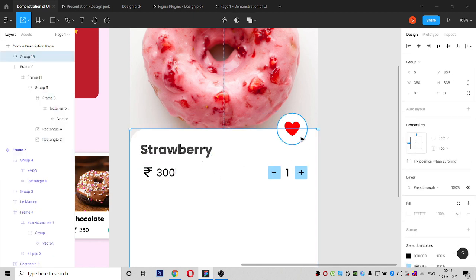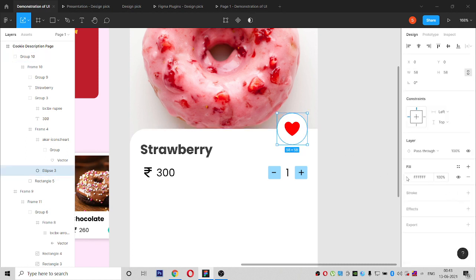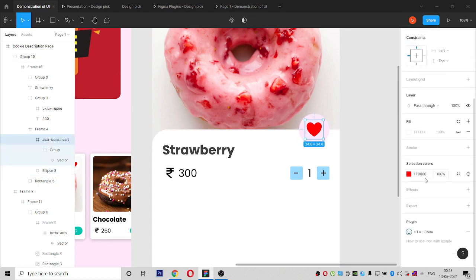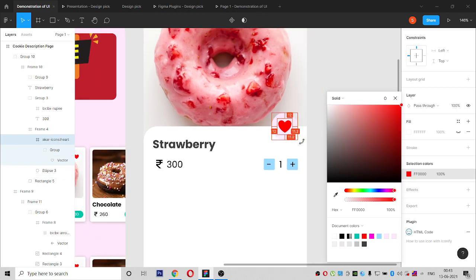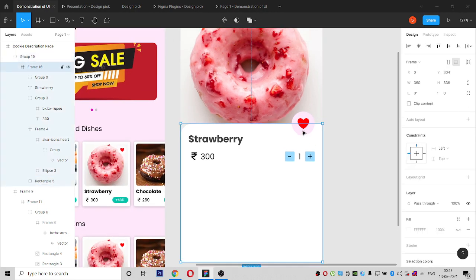group these things and give a attracting, let it be red only, and it will be like this. This is very much big, I think so.